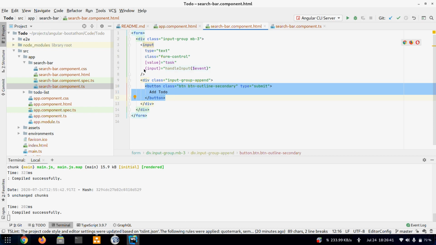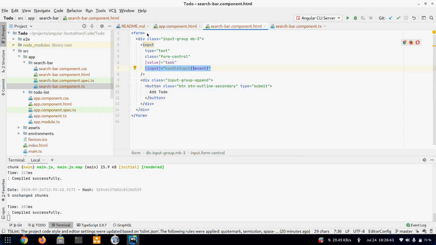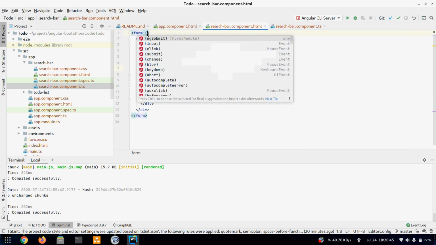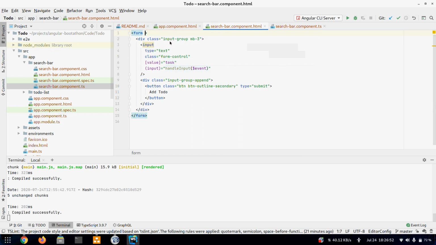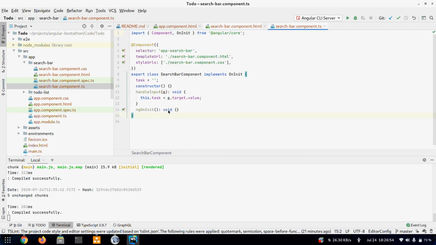So just like we added an input, we'll add a submit here, and we'll add a method. Let's add a method first. I'll call the method handleSubmit. This will also get an event.